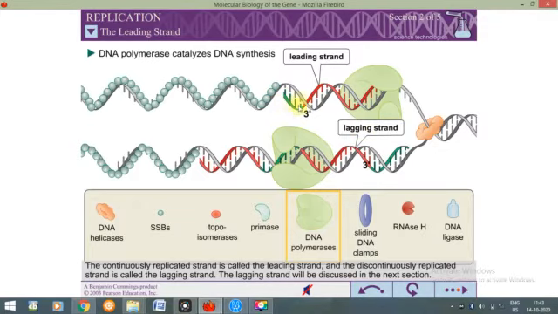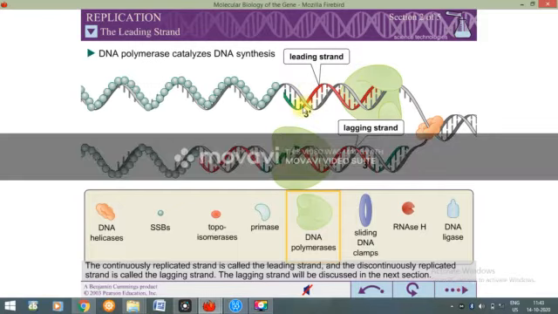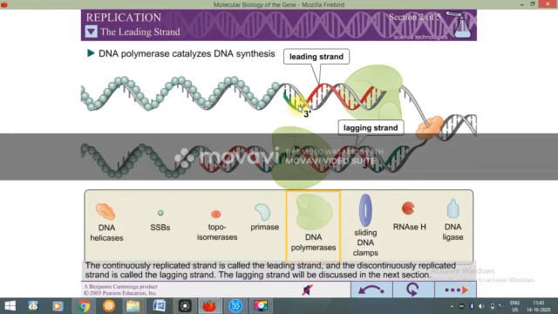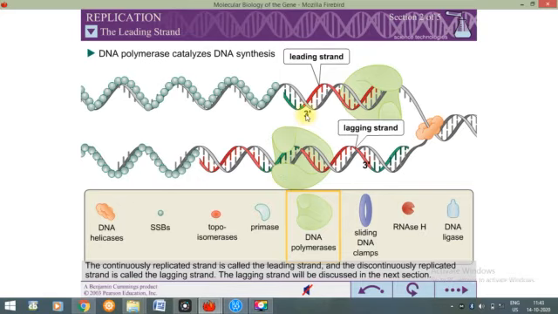First thing is that this is the RNA, and this DNA polymerase will come and bind at this RNA. Okay, so if there is no RNA, then this DNA polymerase cannot bind at the double stranded condition. Suppose if there was no RNA over here, then it was not possible for this DNA polymerase to bind over here. So it needs some primer. What is the function of primer? Function of primer is to help the binding of DNA polymerase with the DNA. Okay, and this primer is itself formed by the help of primase. So this is the primase here, which is making the primer.